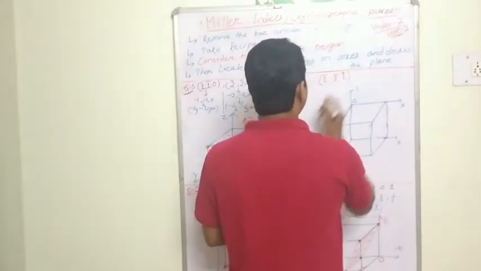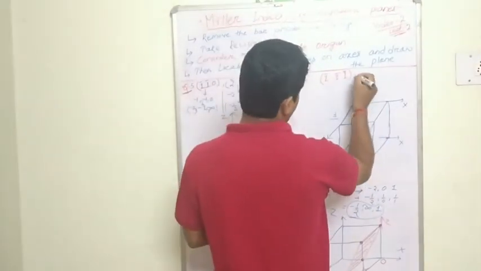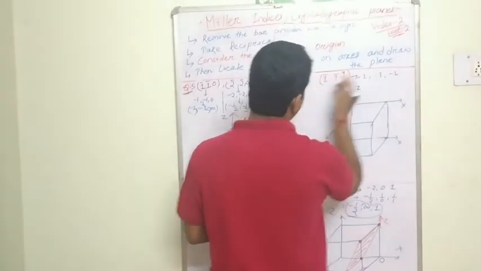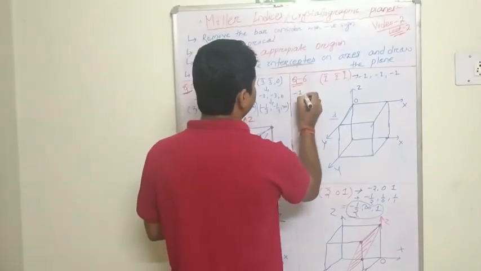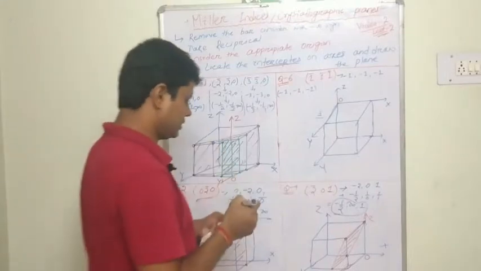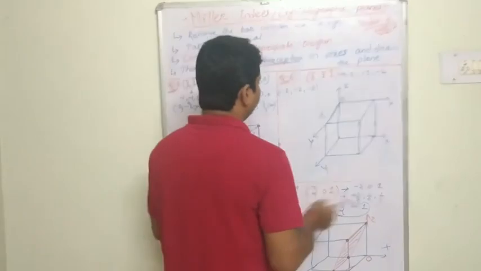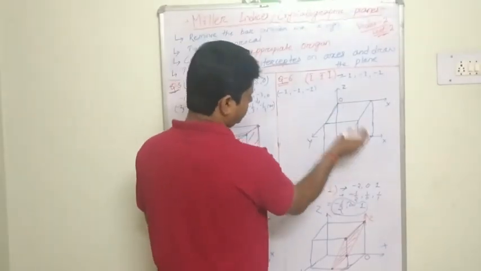Okay, so 1 by 2, 1 bar means -1. It will be -1 and -1. Taking the reciprocal also, it will be -1, that we have to consider. So for -1, since all three are minus, we can take